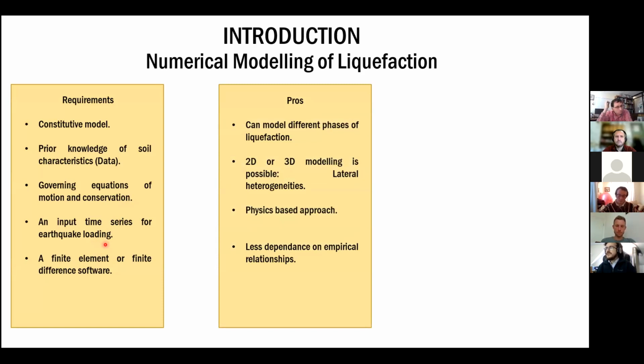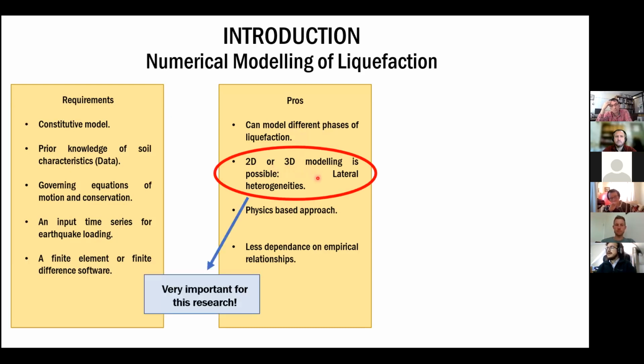The pros of numerical modeling are that it can model different phases of liquefaction. We can model pore pressure buildup. We can model the triggering of liquefaction. We can also model the ongoing liquefaction during the earthquake and the post-liquefaction regime. A very important advantage is that we can deal with 2D or 3D modeling, so that we can model lateral heterogeneities,